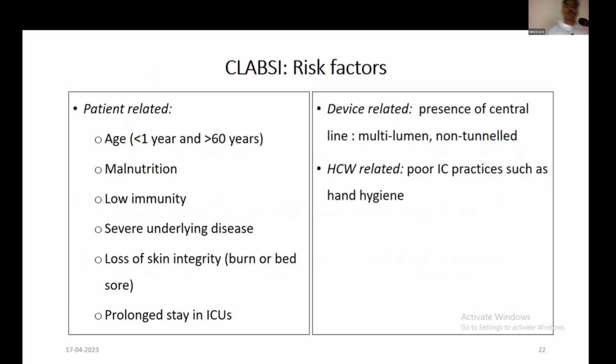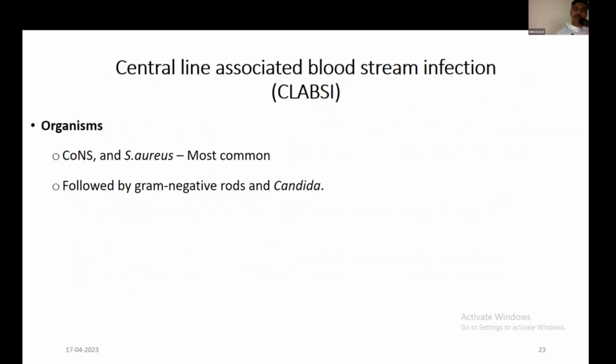So what are the risk factors for CLABSI? Age less than 1 year or more than 60 years, malnutrition, low immunity, severe underlying disease, loss of skin integrity, prolonged stay in ICU, and device related factors, such as the presence of a multilumen, non-tunneled central line, which predisposes to CLABSI. Healthcare worker related factors are poor infection control practices such as hand hygiene. Most commonly, CoNS and Staph aureus cause CLABSI, followed by gram-negative rods and fungal infections like